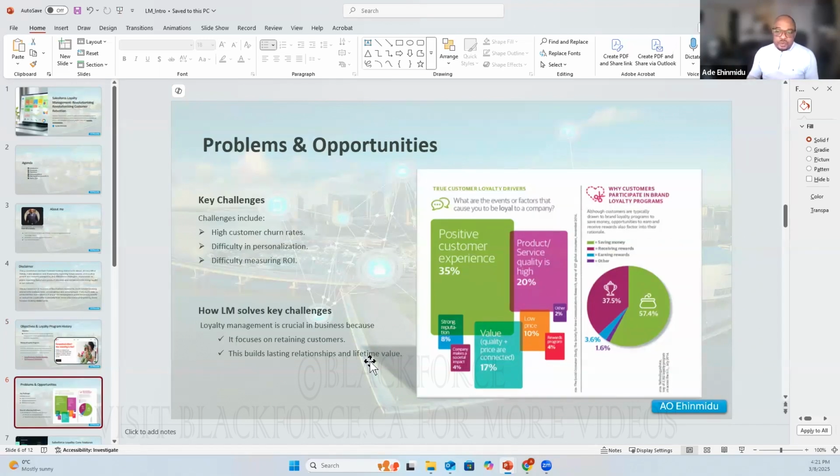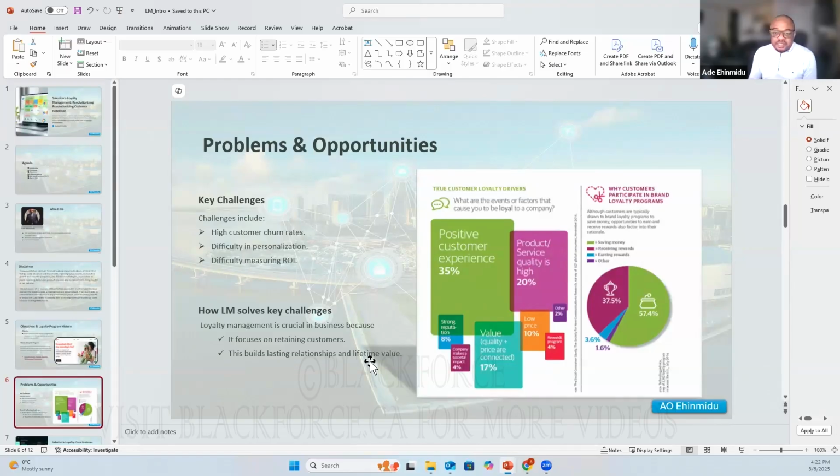Businesses have difficulties maintaining customers. I don't know how many of us would have actually made up our mind that we will not patronize a particular business because maybe you went there and experienced bad service, or the quality you received was just not what was promised. So for this reason, a lot of businesses are losing customers. They have challenges retaining customers that have been part of the business for some time.